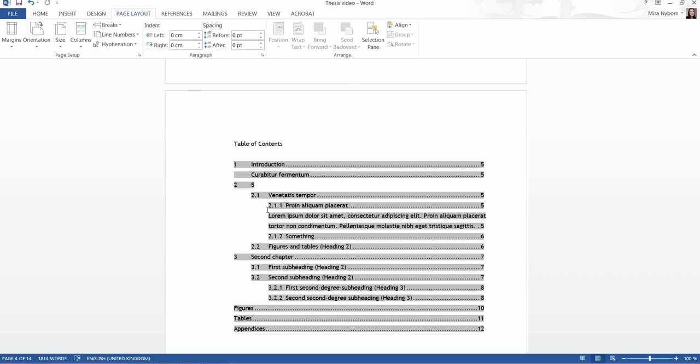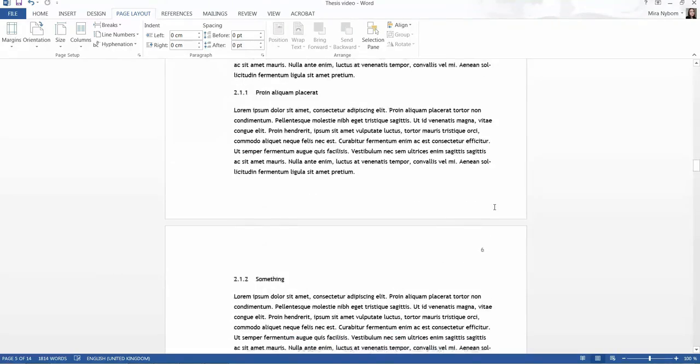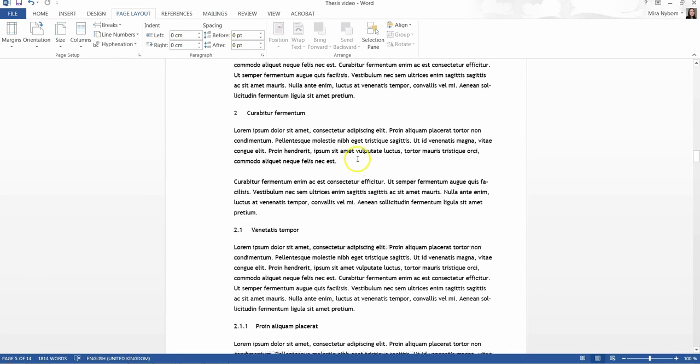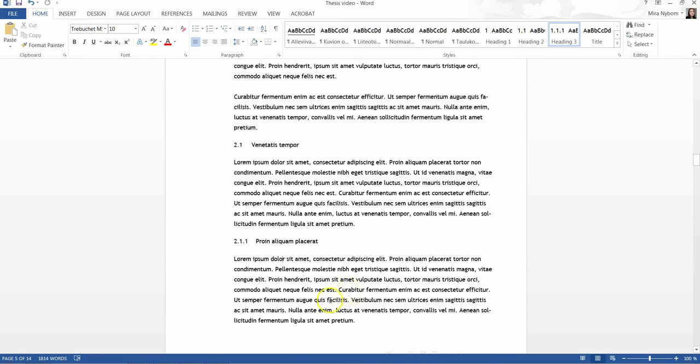Lastly, there appears to be a part of the body text in the table of contents. Check that the body text is a normal